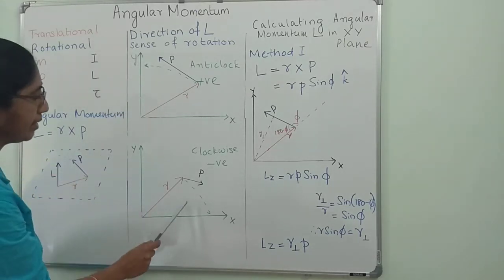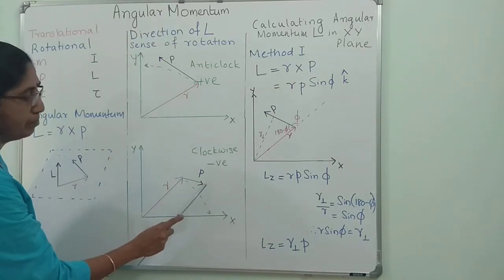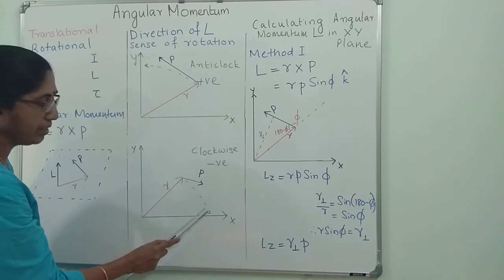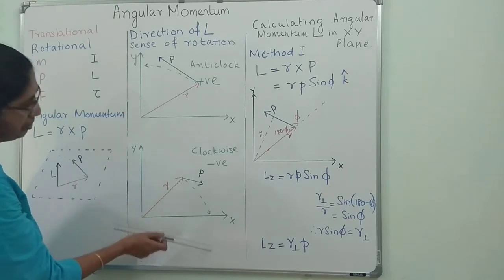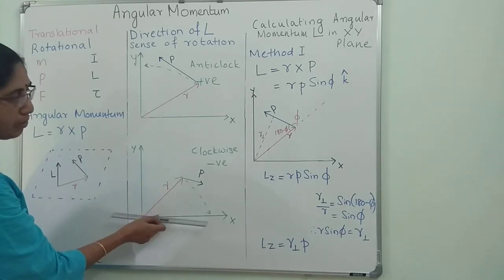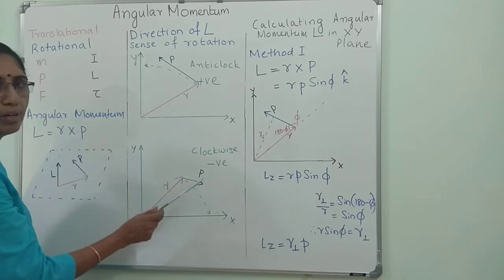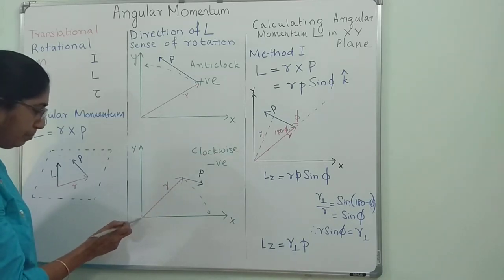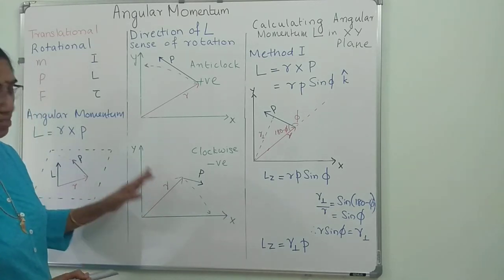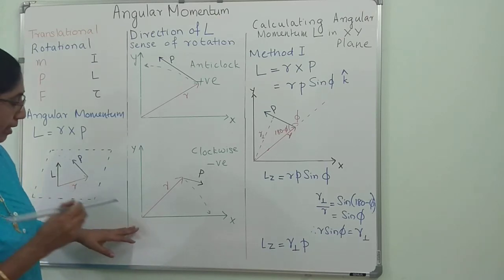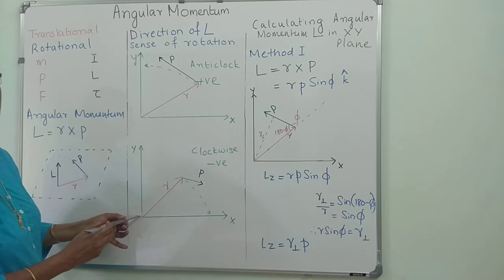Now let us consider the second case, where this is the position vector of the particle. Momentum P is acting in such a manner that it is trying to rotate it in the clockwise direction. This is rotational motion we are describing, so this is tending to rotate in the clockwise direction. R cross P will be again L, along the z direction, but it will be inward to the plane of the board. If the x and y are in the plane of the board, Lz will be towards inside. That means it will be pointing in the negative z direction.